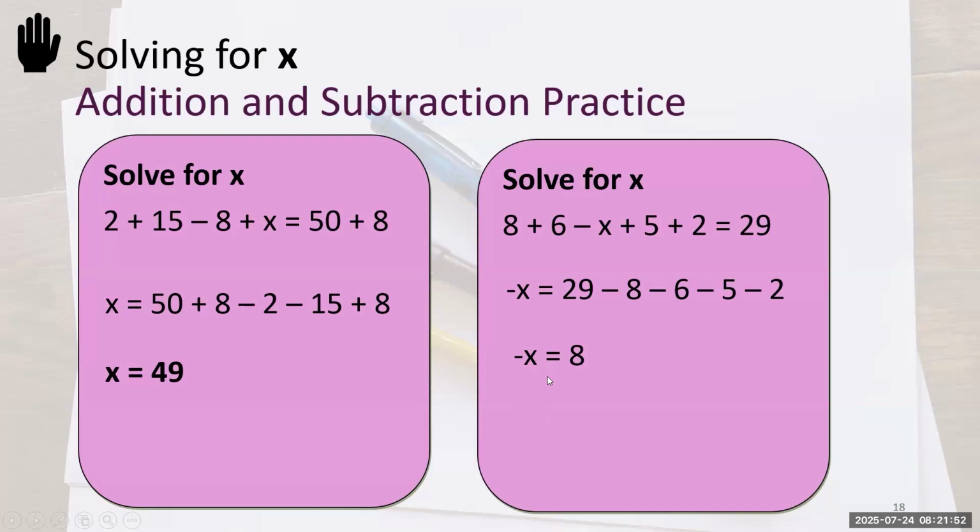This is kind of an advanced concept that we're going to get to in just the next level here. But basically, we can just multiply. We have a negative x and we want to know what the answer is. We can just multiply both sides by negative 1. Because, you don't see it here, but the 1 in front of the x is being very stealthy. It is there.